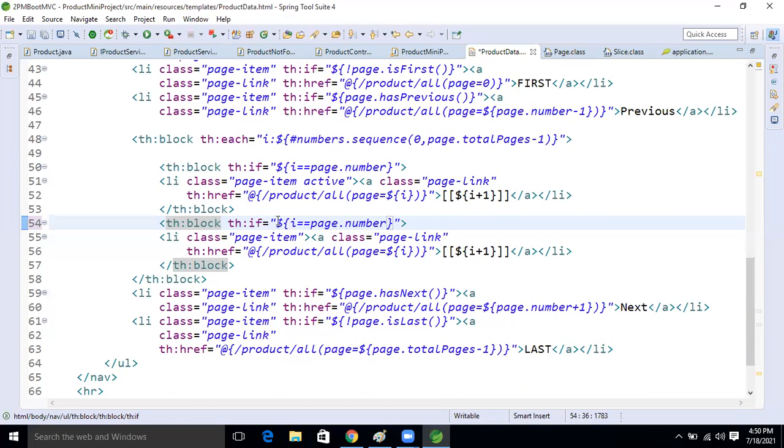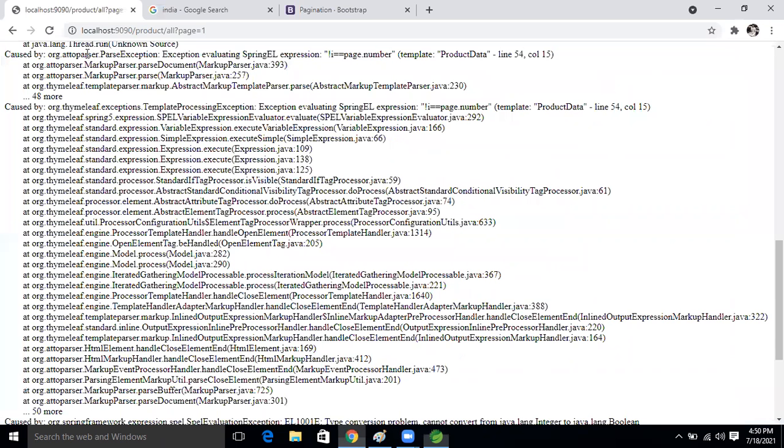We know that the if condition takes boolean only, right? When will it become boolean? Here, if I take not, then it will take. If i not equal to. The if condition always takes boolean only, right? Here, what I did was a syntax mistake. So still the problem is there.